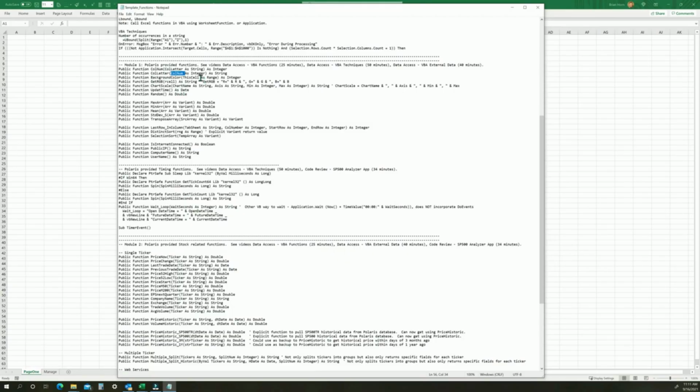BackgroundColor, you can specify a cell and it'll give you the integer value for that background color. GetRedGreenBlue will return this text field here of exactly the values for red, green, and blue that make up that cell's color. ChartScale allows you to specify a chart name and then scale the X and Y axis. You can see here that it returns this string here. UpdateTime just simply